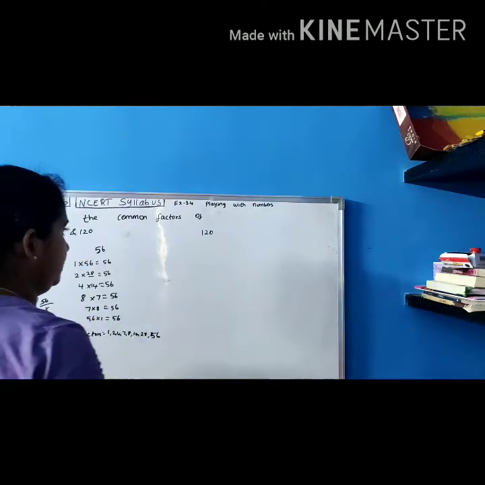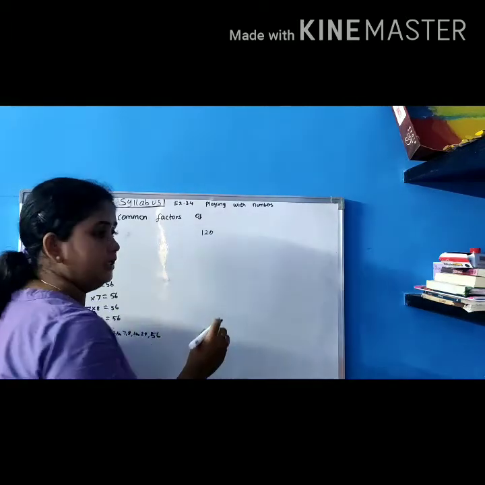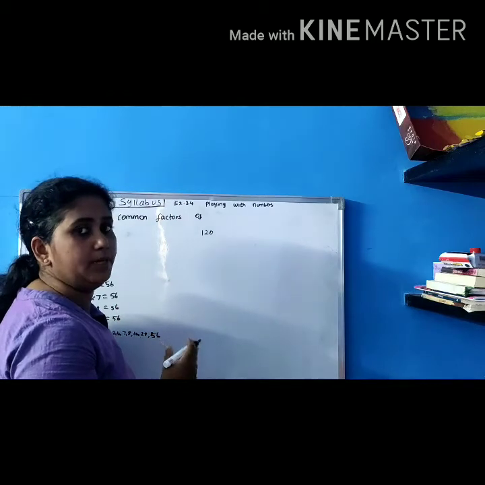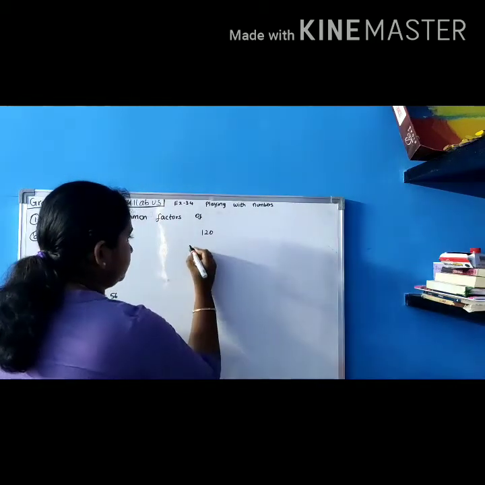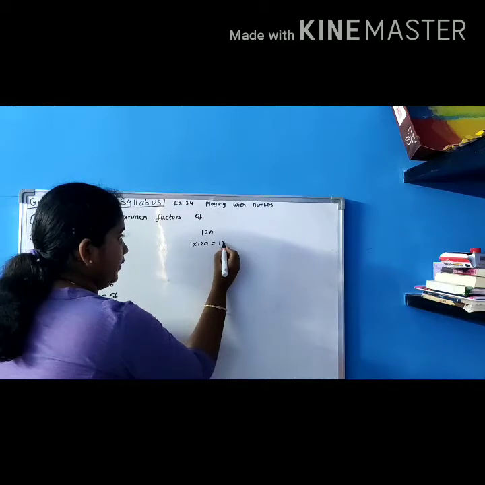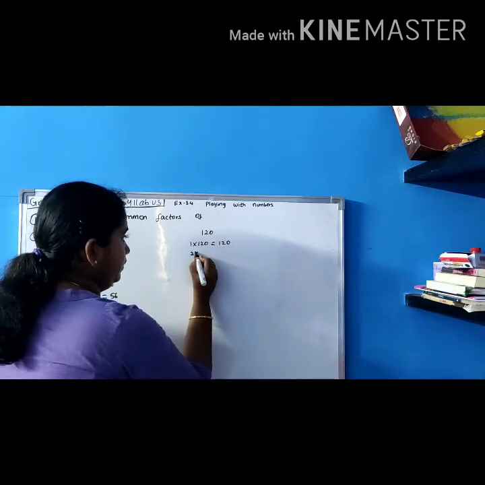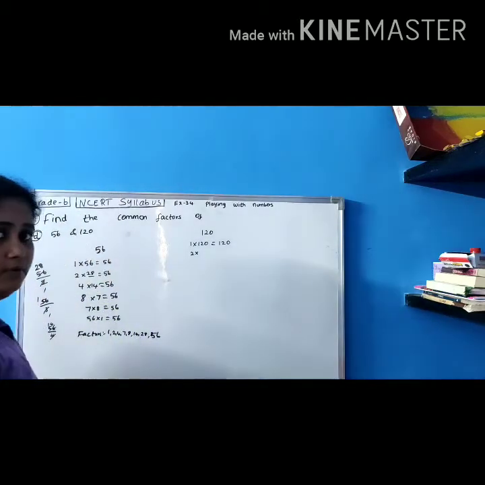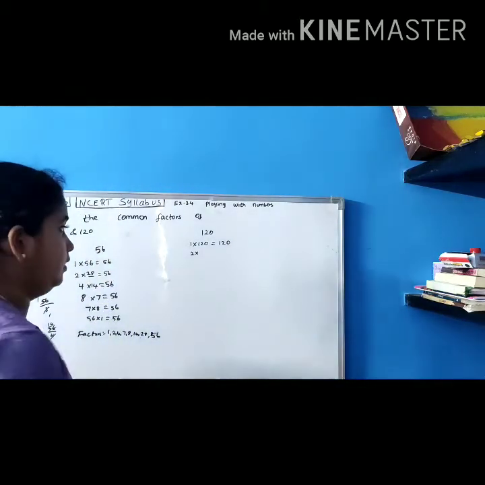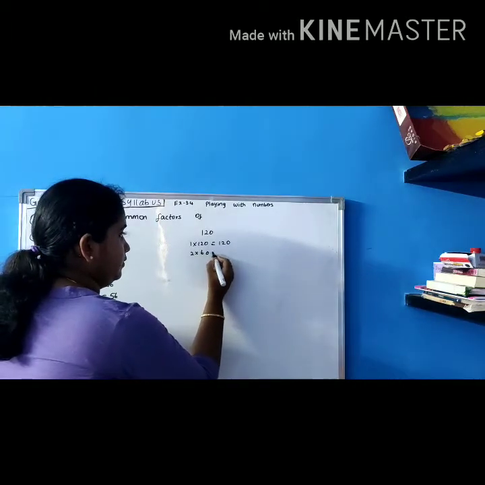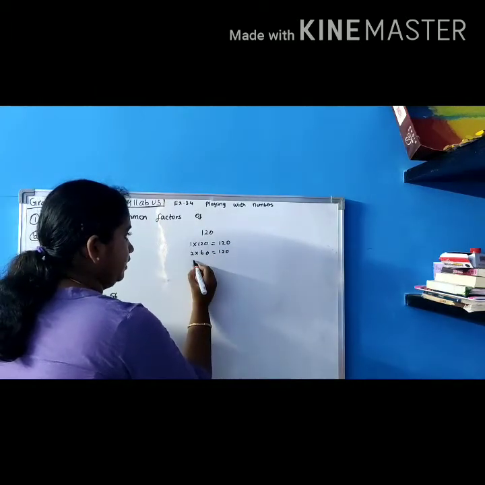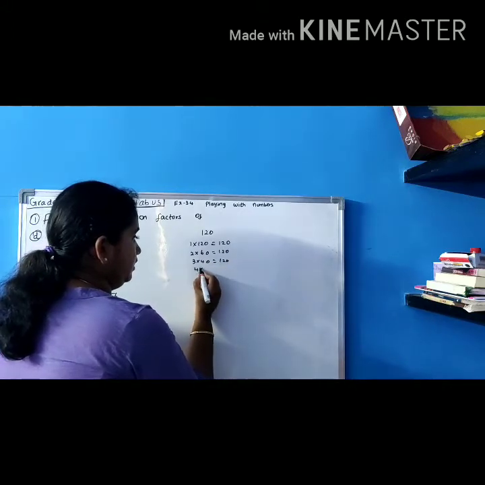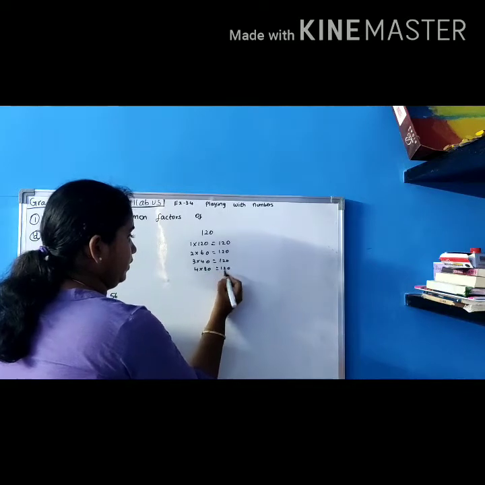Next given number is 120. 120 is a very interesting number. Come, let's check. The factors of 120 will be less than 120, or 119. Okay. Now 1 into 120 gives you 120. 2 into what gives you 120? Ignore the 0, and if you take only 12 you will understand. 2 6s are 12, right? So I'll put the 0 also, so that it comes to 120. Then 3 4s are 12. 3 into 40 gives you 120. 4 3s are 12. 4 into 30 gives you 120.